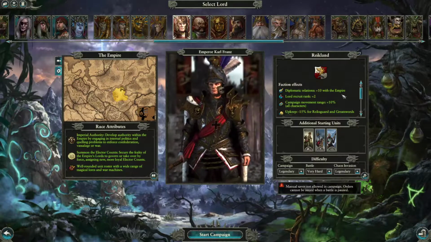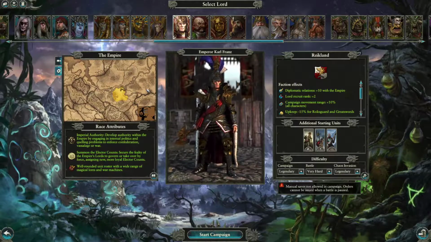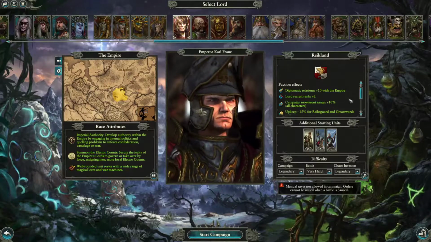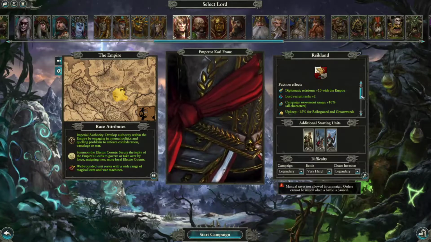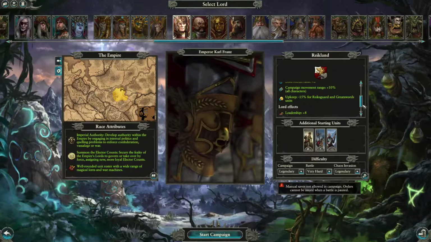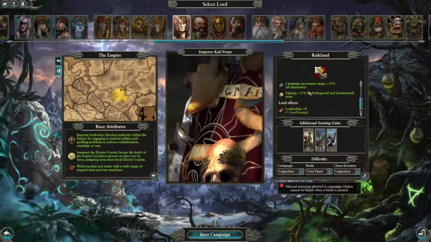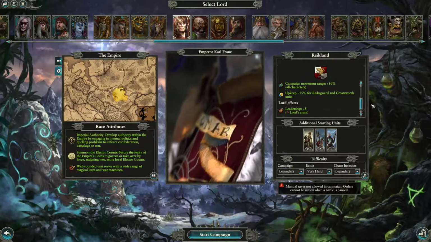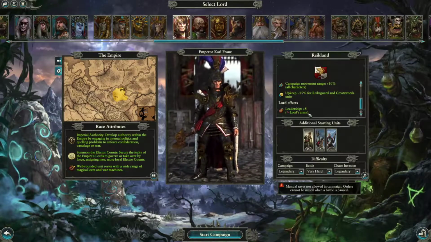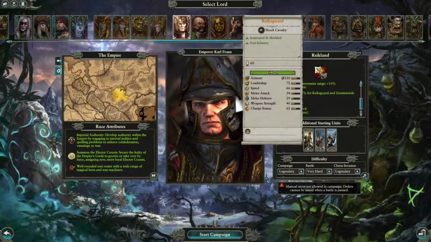They have plus 10 relations with the Empire. I assume that actually means things like Midland, Sterling, the other Empire parts of the map. Lord recruit rank is plus 2. Campaign movement range plus 10% for all characters, which is actually pretty nice. Upkeep minus 15 for Reiksguard and Greatswords units, which is, in my playstyle, pretty useless. And leadership plus 8 for the Lord's army, which is...